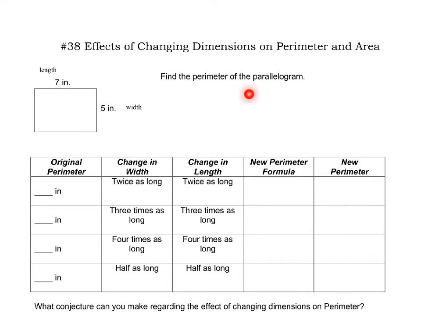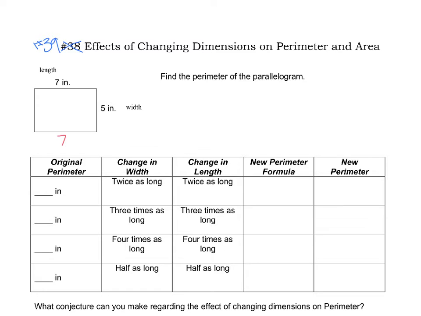Hey kiddos, today we're going to be talking about the effects of changing dimensions on perimeter and area. This is actually not number 38, this is actually number 39. Okay, so first here we need to find the perimeter of this parallelogram, and we're given sides of 7